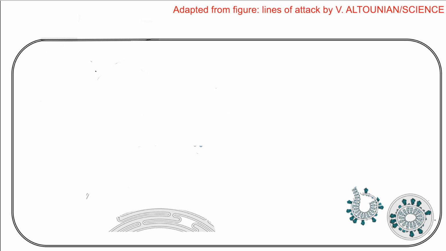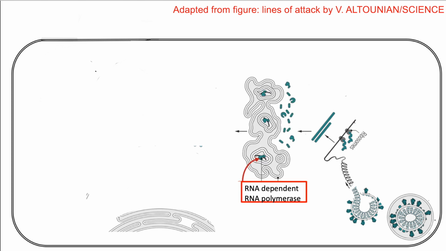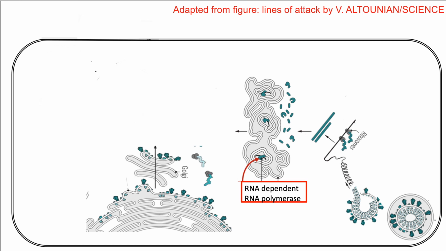Then, in the infected cell, ribosome reads this RNA and begins making different viral proteins, which will help the virus to assemble new copies of virus. Now, over here, copies of the viral genome are made by RNA-dependent RNA polymerase. Then, further, the endoplasmic reticulum and the Golgi bodies of the cells begin to produce new spike and other proteins of the virus that will form more copies of the coronaviruses.